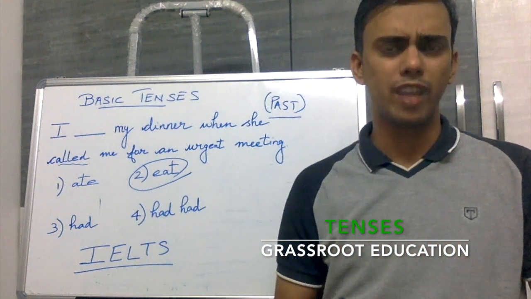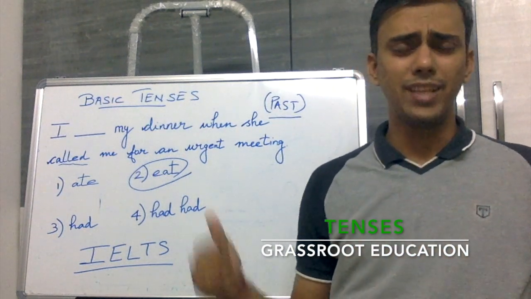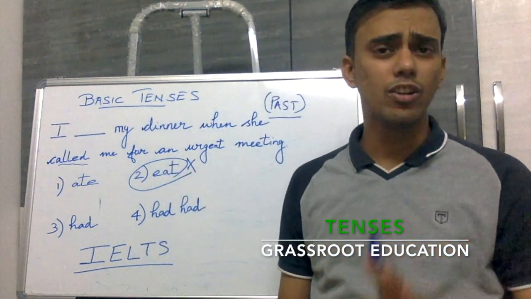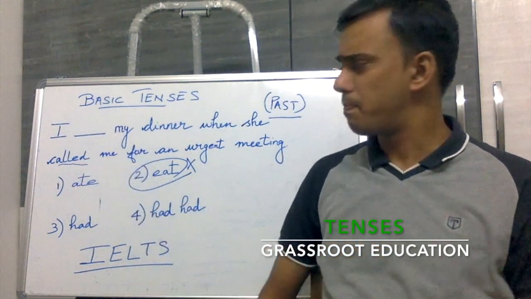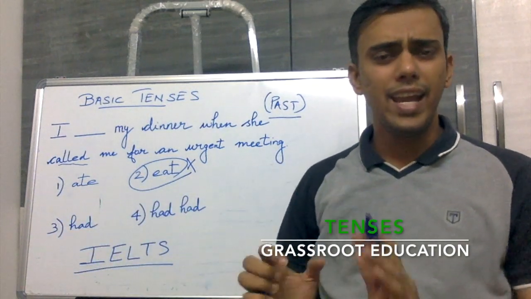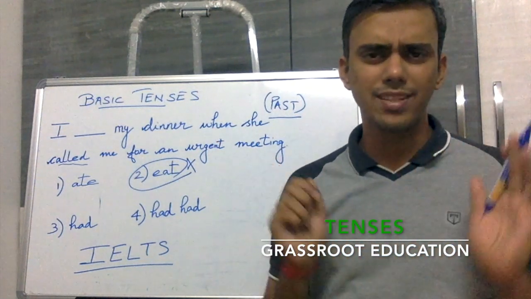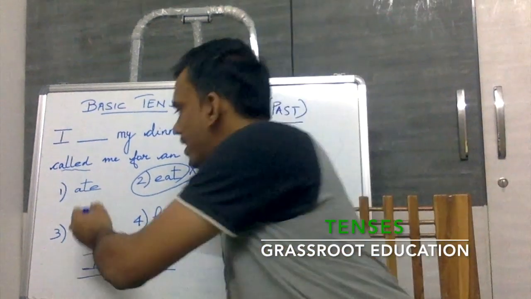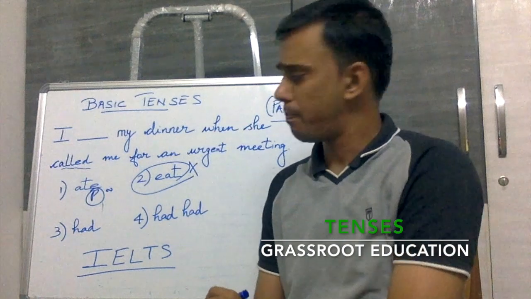It is happening over a period of time. So I am eating dinner. I'm doing that right now at this moment. So that's why option 2 is definitely not the right answer. We have learned the concept that it is simple present, and the statement here is in past tense. Look at these options now, ate and had. Ate is simple past. I ate mushrooms yesterday. Past tense, I did that at a specific point of time yesterday. So we are going to consider this option. We cannot eliminate it immediately.